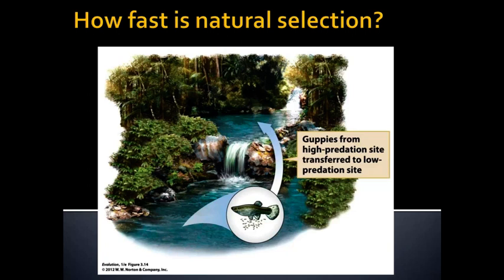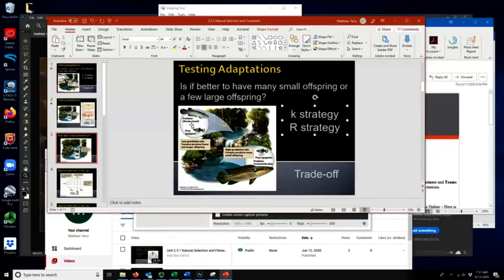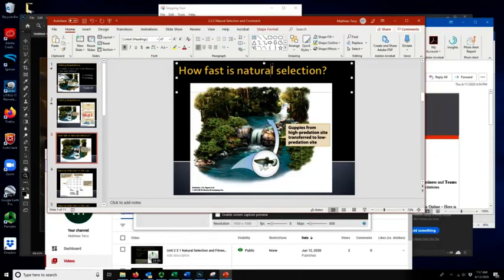And the answer to this question is complicated. But the short answer is that natural selection can be very, very rapid. And in fact, let's add one more term, which we didn't explicitly define when we first introduced the theory of natural selection, but we're going to define it now. Okay? And this is the term artificial selection. Now, I think there's a lot of misconceptions about artificial selection. Artificial selection is simply natural selection, but